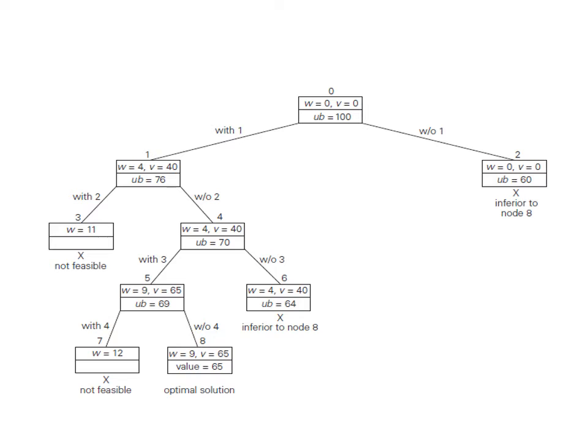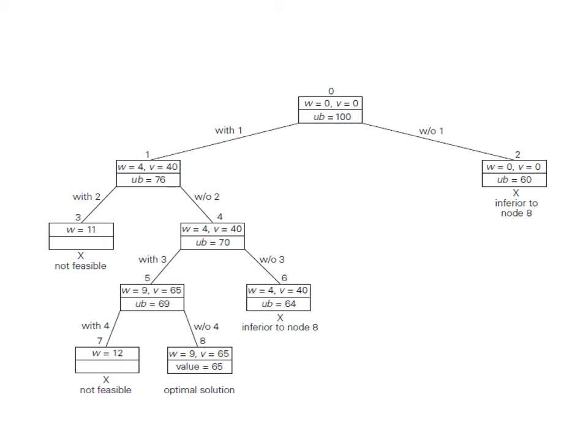Here i equal to 0 and i plus 1 is 1. So we have to consider the value by weight ratio of item 1. With these values we have the upper bound value as 100. So our final solution will belong to this upper bound, not more than this upper bound. Next we have to consider the inclusion and exclusion of item 1 as with the subset method.